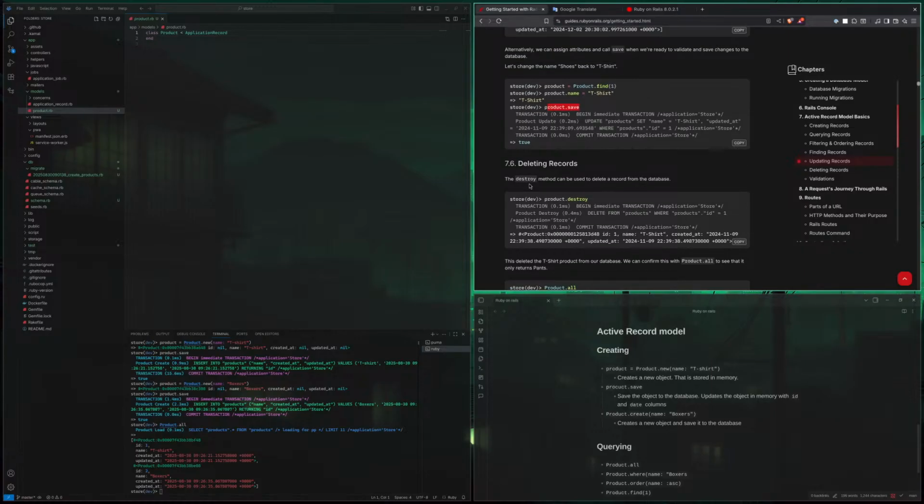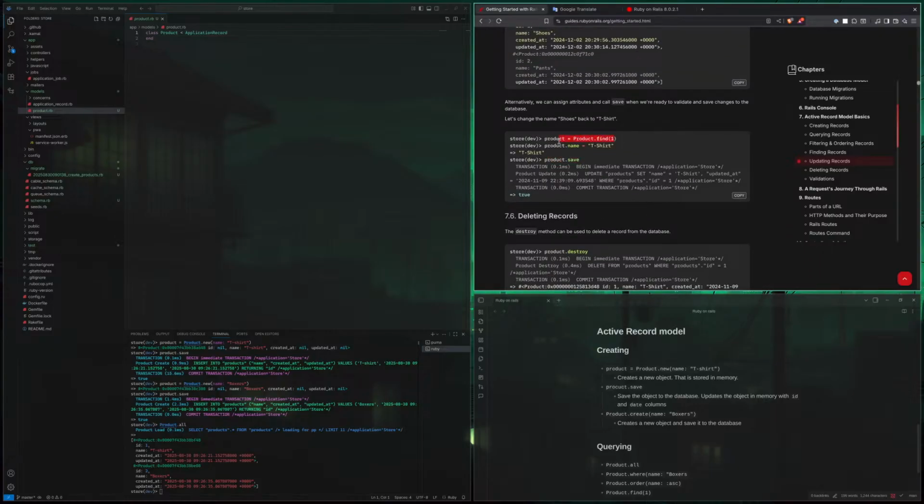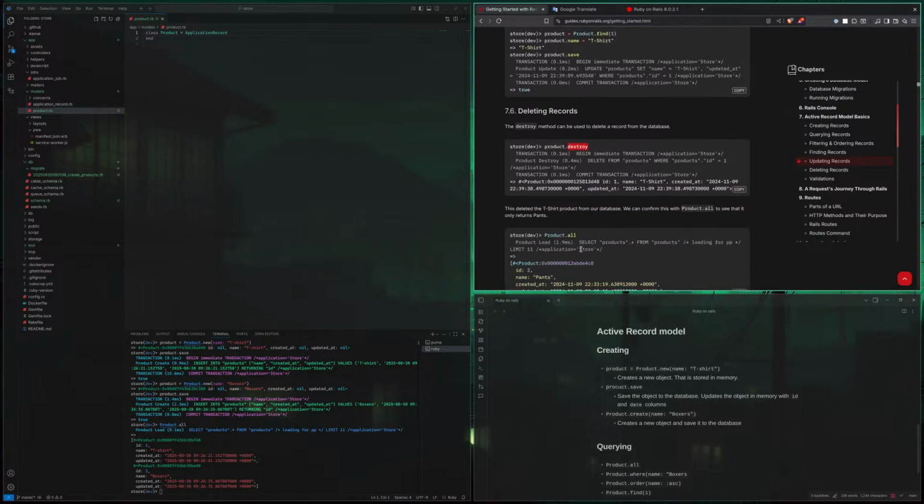Deleting records. The destroy method can be used to delete a record from the database. Okay, so you find the product, save it, and you can destroy it. Why name it destroy instead of delete though?